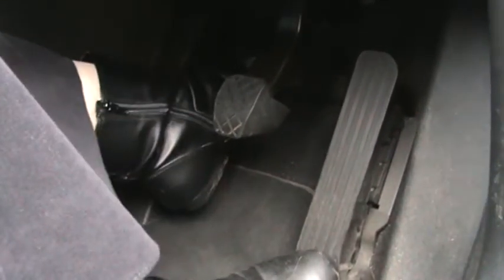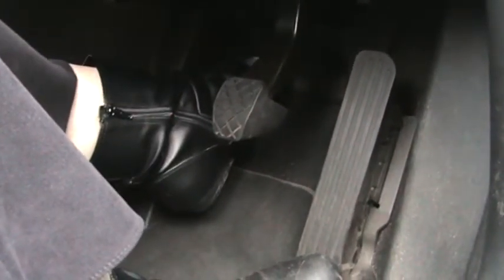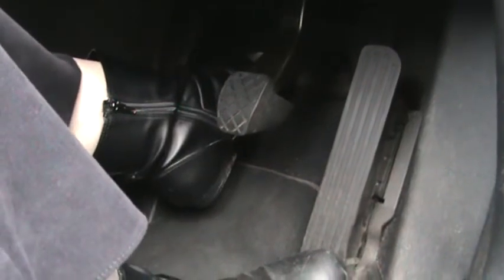So before I start the engine, I'm going to check that the handbrake is on and the car is in neutral. I'm going to put my clutch to the floor and I'm going to turn the key to start the engine. Now, like we said, we've got the 3 pedals, so I'm going to now put the clutch down and go into first gear. I'm going to set the gas, so if you think about the pound coin and turn it sideways, we're going to have about 2 pound coin bits on the gas pedal. And then you can hear that pitch change. So I'll come off the gas for a second and I'll do that 2 pound again,